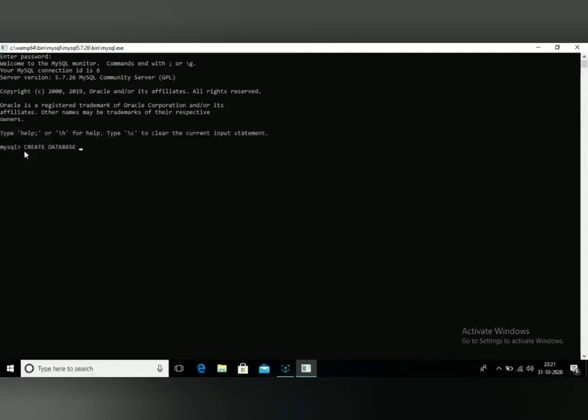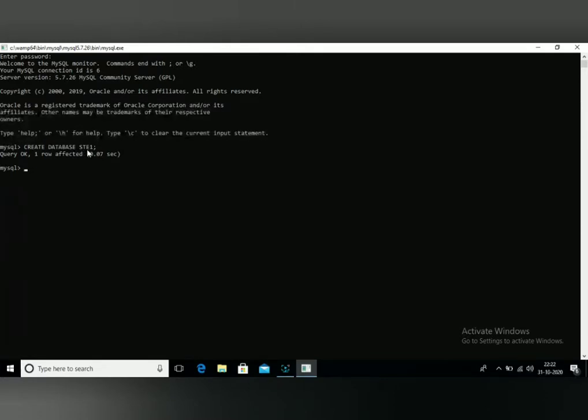I'll give any name. For example, in a system you already have student as well as student1, you have a lot of files appearing. So maximum the students create their database in their own name. For example, I'll give the database as STE1. Just I'll give STE1 or you give student1 or student2. You give any name. This name is followed by a semicolon. Now I'll press the enter key. See this one? Here I'll give create database STE1 semicolon.